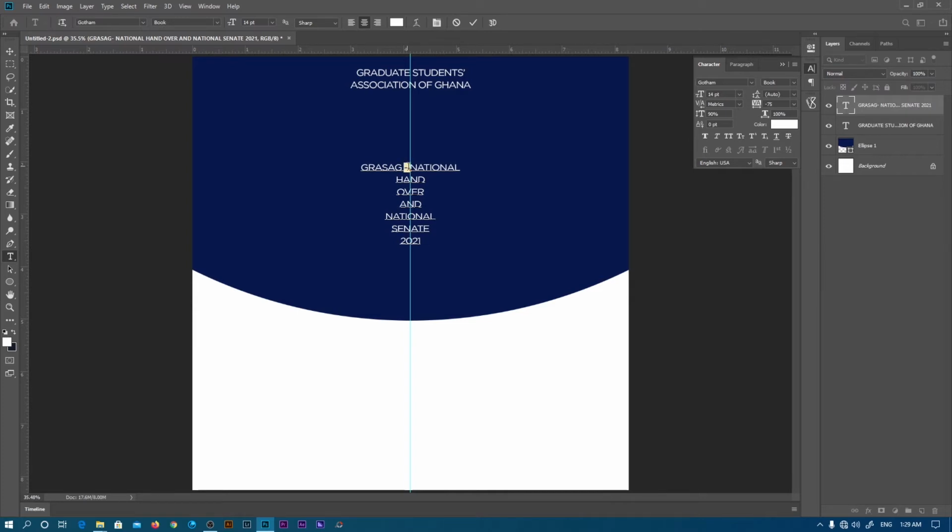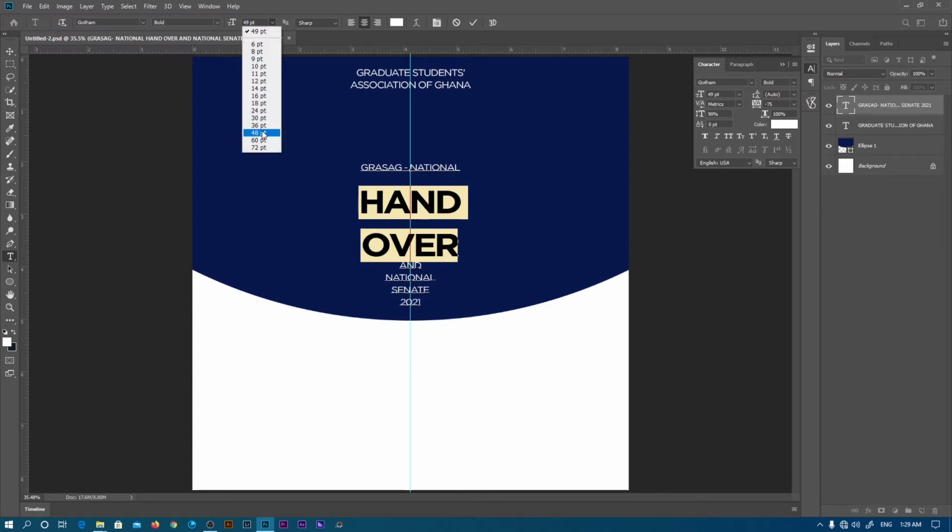The first one is going to be the handover. Obviously I'm not going with this, so I'll probably choose the bold version and make it quite huge, about this big. About 48 points should be just fine. And once I have that, I also want them to be closer to each other, so I'll move over here,